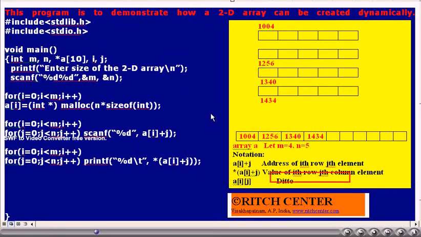If we apply the indirection operator, star, before it, we will get the ith row jth column element of our 2D integer array. In this representation also, we can still use A[i][j] to represent the ith row jth column element value.